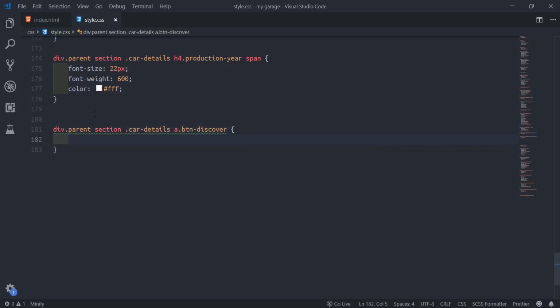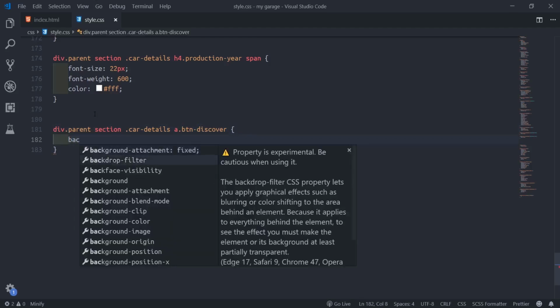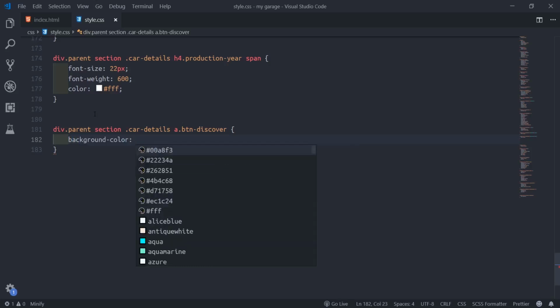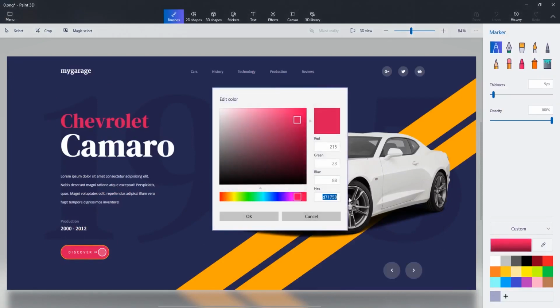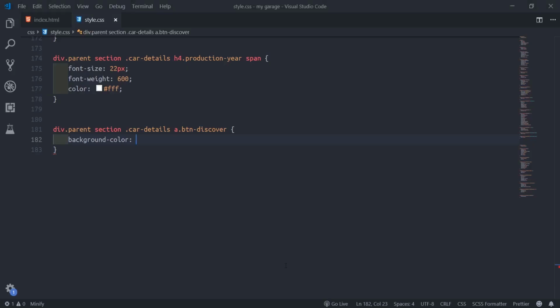So I'll give background color. What's the color first? Oh, pick here. Okay. So background color, ash this.